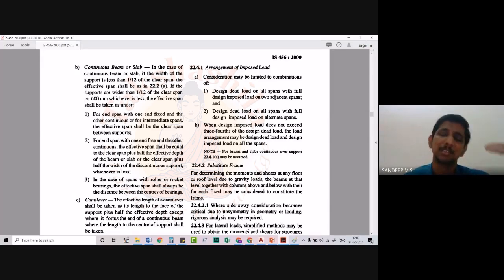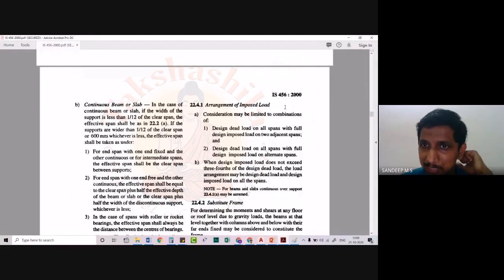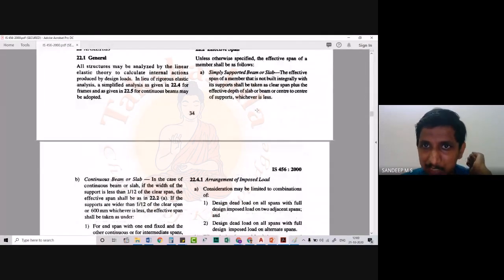So basically in this code, what you have to understand is that for each and every condition, they have provided different clauses describing how to calculate these things. The main thing that we require is as discussed. Because we will be dealing with simply supported beams in this module, we need to calculate the effective span of the member like this. First of all, you have to get the clear span, then add this clear span to the effective depth. That will constitute one value. Then you have to also calculate the center to center distance. Finally you have to compare these two values and take the smaller one